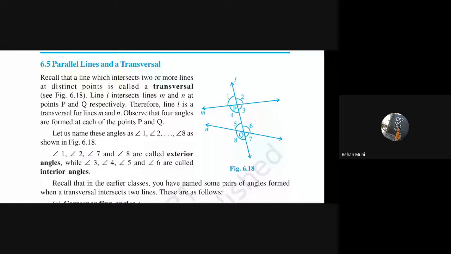You know that Euclid's fifth postulate, in which if we consider two lines as parallel lines, not intersecting lines. You can see in exercise 5.2, I explained you one question: rewrite Euclid's fifth postulate with parallel lines. If we have parallel lines, then the sum of interior angles is 180 degree.